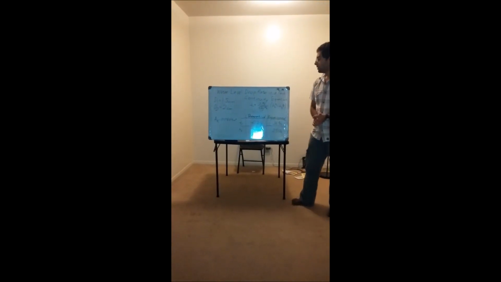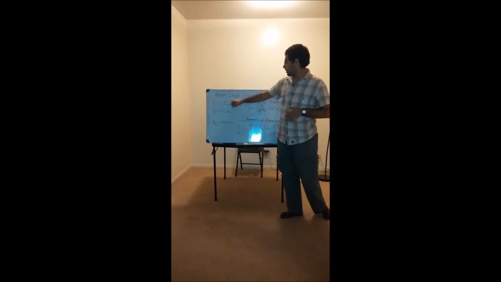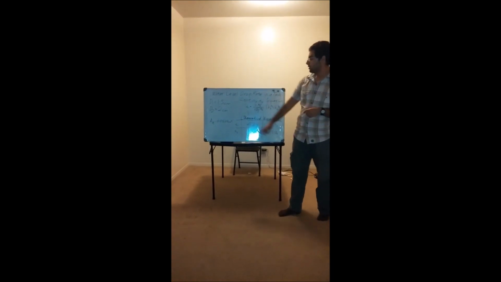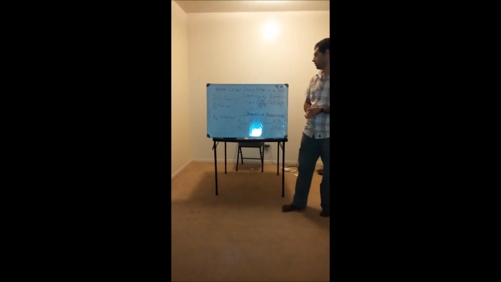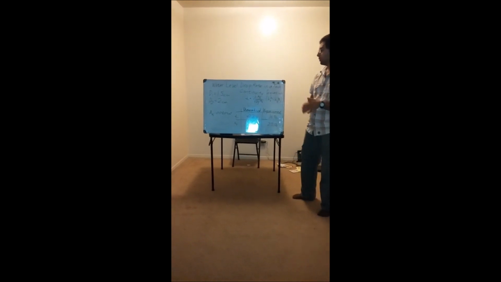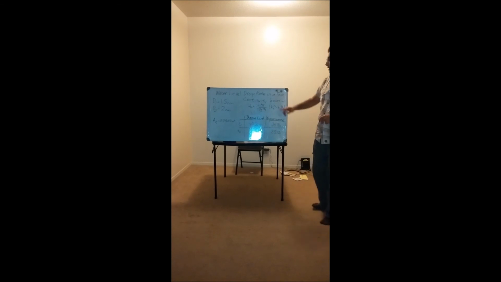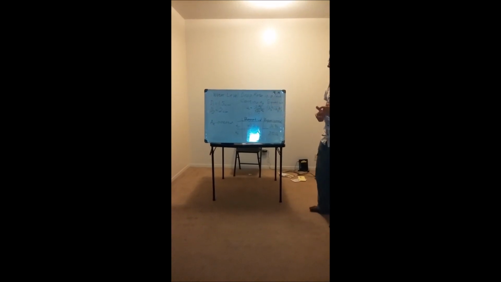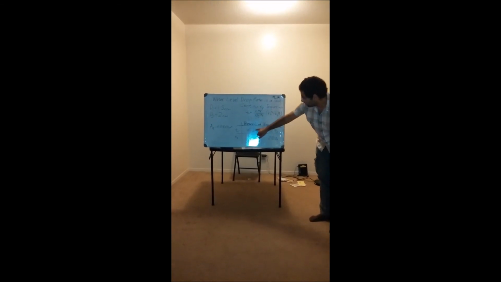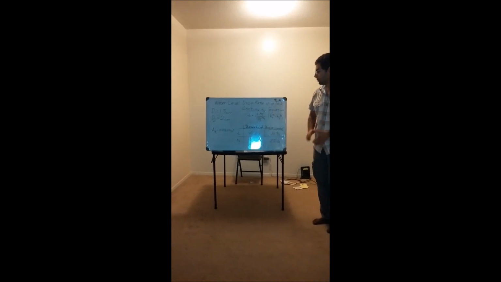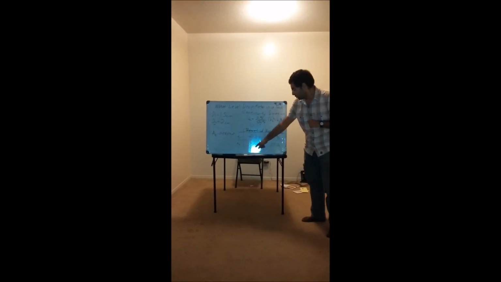Now the results. The first hole had a 1.5 centimeter diameter and the second one had a 2 centimeter diameter, and the area of the tank was calculated as 0.0864 meters squared. Now the continuity equation resulted in 40.2 seconds draining time for the first one and 22.8 seconds for the second hole.